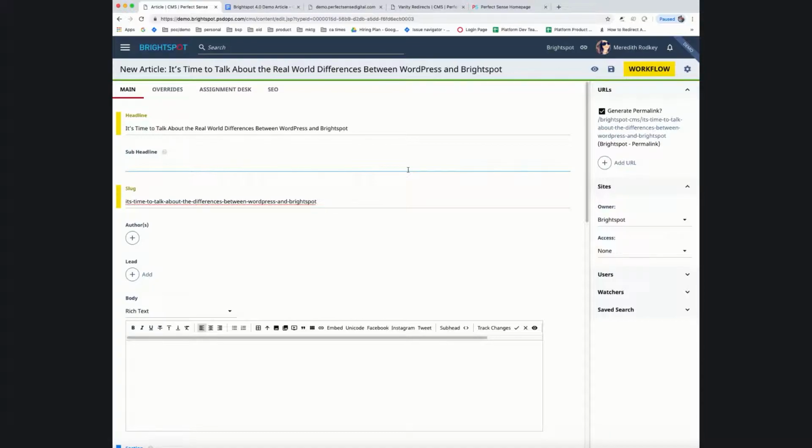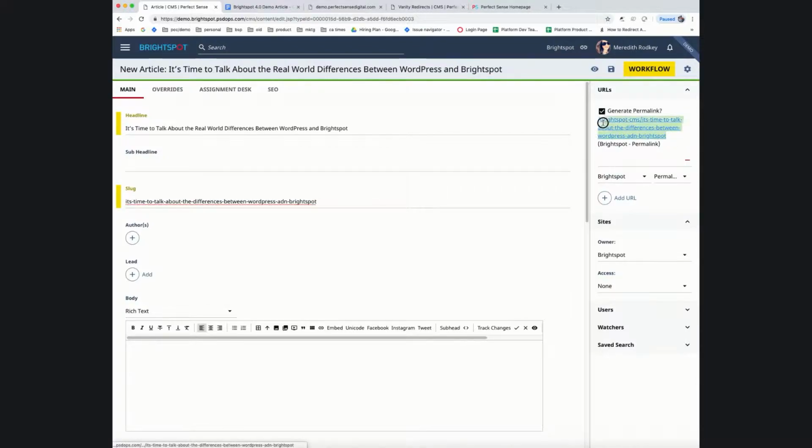Now, let's say this piece of content was to go live, and let's pretend, we would never do this, that we had a typo in the URL. So actually we'll update it in the slug, and we'll misspell it. Here we go. So shoot, this piece of content went live. There's a typo in the URL. What you can do, again, as an admin or an editor of this asset, is change this permalink